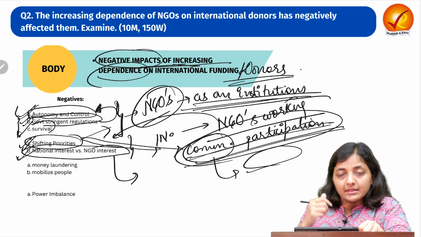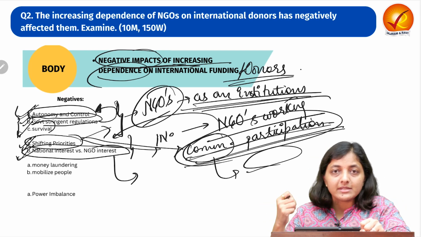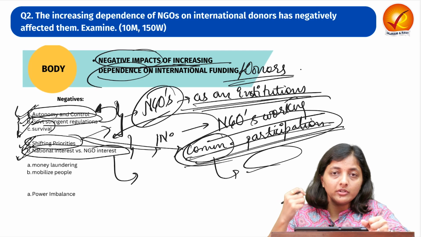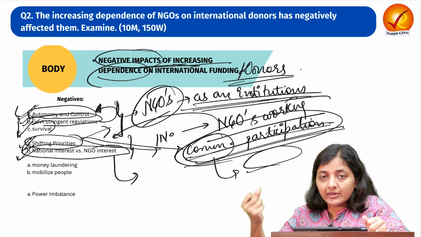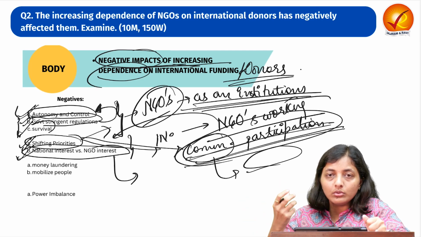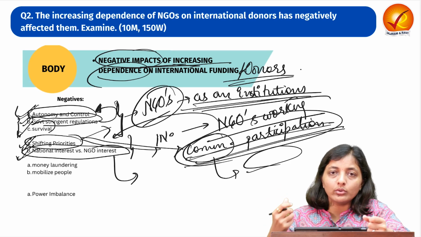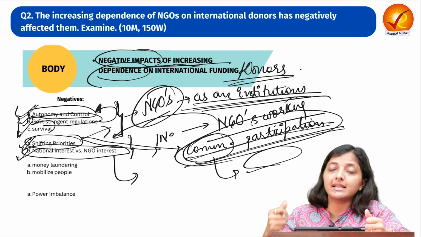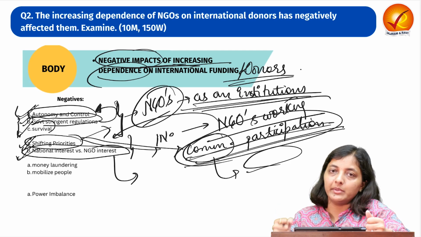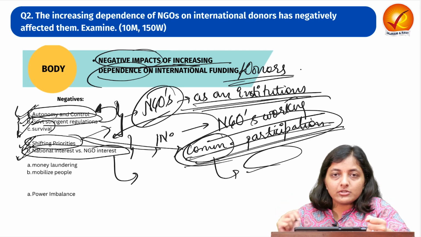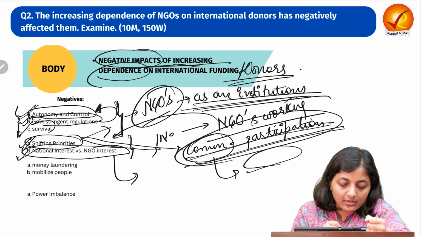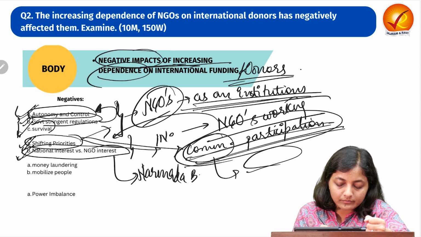As we have seen, in many cases, some foreign funds or some foreign donors fund the NGOs to carry on activities which are against that nation or against that government. So this is also the case, because as we can see in the case of Narmada Bachao Andolan,